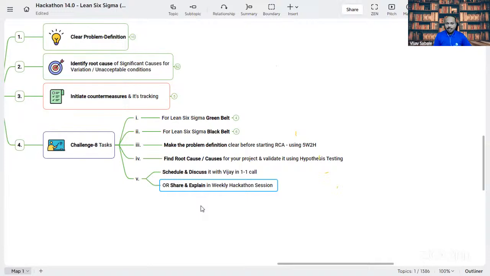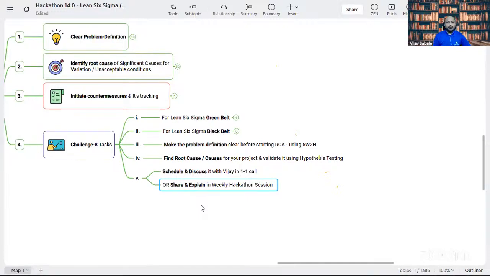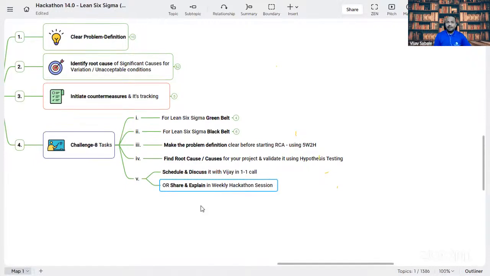So I will create a slot for you for 10 to 15 minutes where you can share your knowledge or whatever work you have done. That is not only going to help you present your knowledge, but also your presentation skills and confidence level. In another way, it is also going to help the other community members understand how we are going to deploy the tools, and they can get real-life examples, right? We are going to take the model project, which is a real project. So we will have many-fold learnings in that. That's why this is very important. Is it clear?